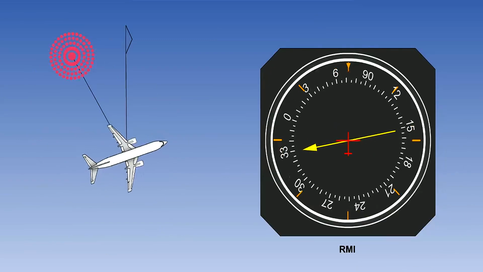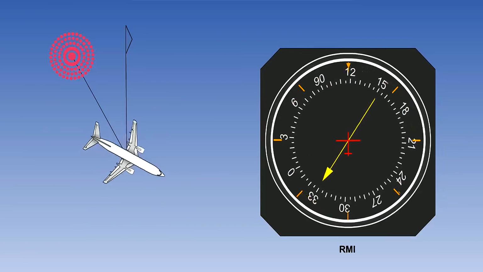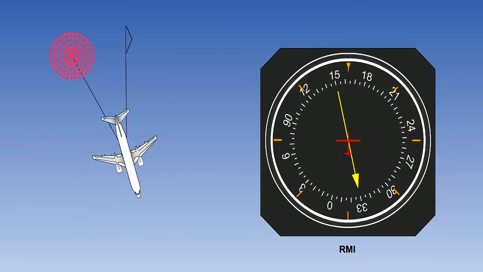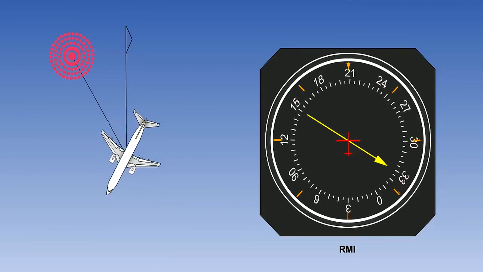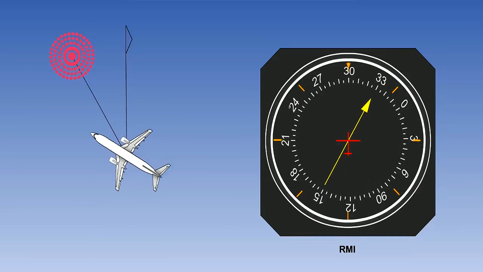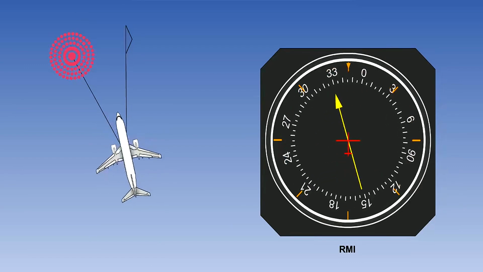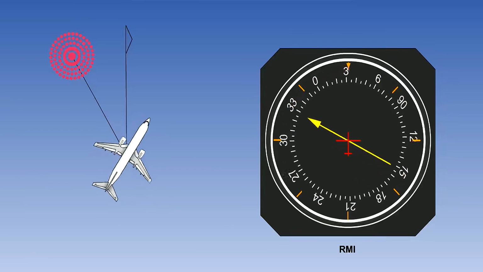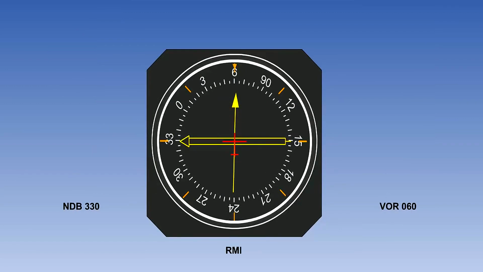This manual adjustment is avoided in the RMI, the radio magnetic indicator, which incorporates a moving dial, which shows the aircraft's magnetic heading. The RMI then interprets both the radio input from the beacon and a magnetic input to provide continuous magnetic heading and beacon bearing information. The RMI is much easier to interpret. Sometimes it can have two needles, two NDBs or one NDB and one VOR. If it is tuned to one NDB and one VOR, the NDB is the wider needle.